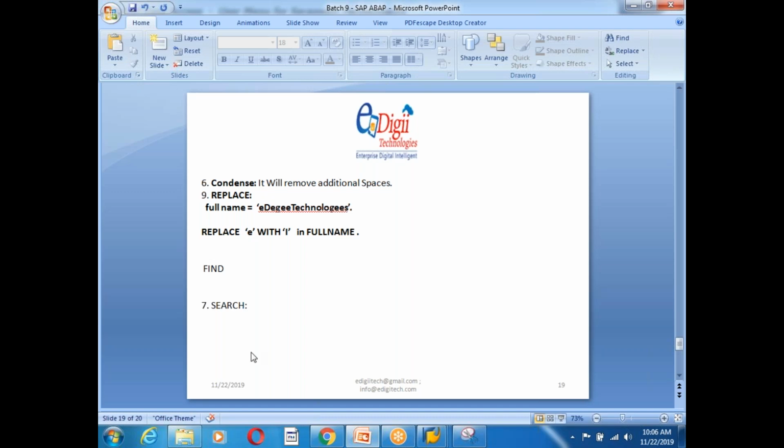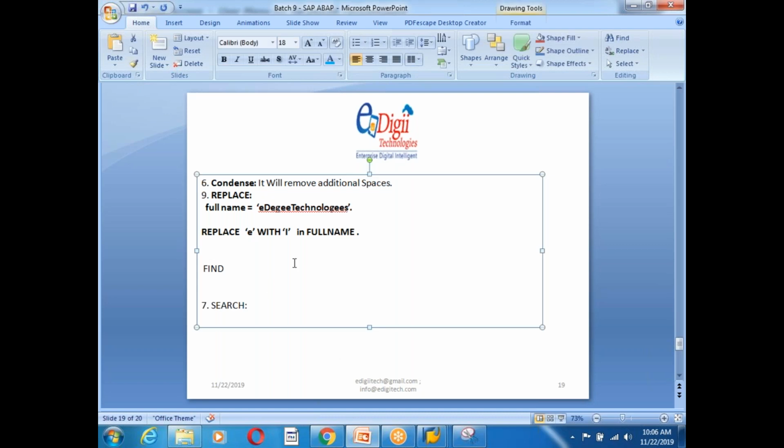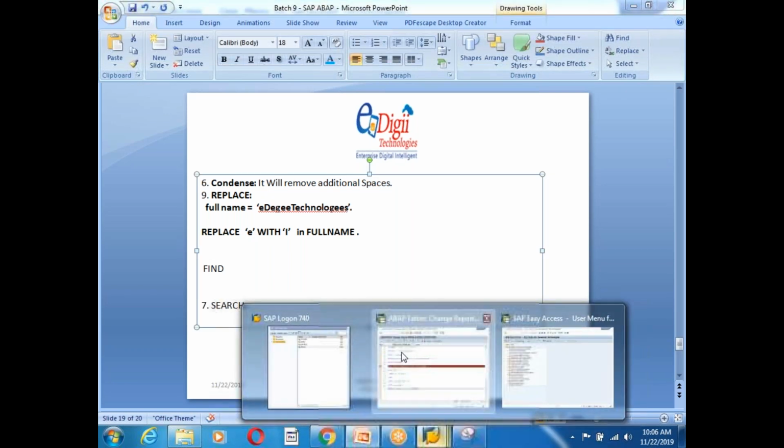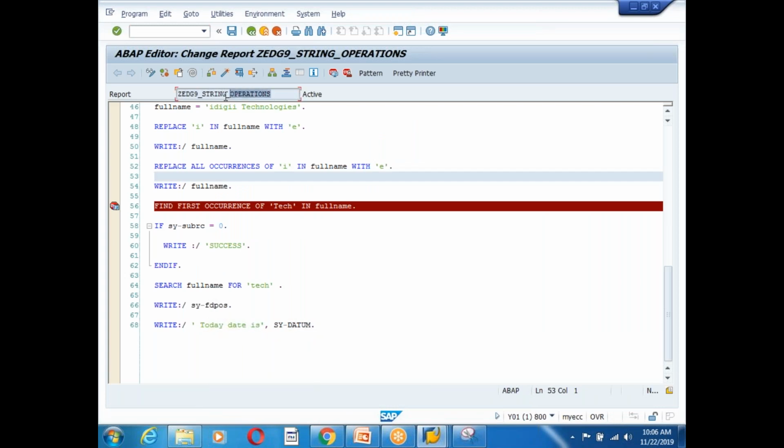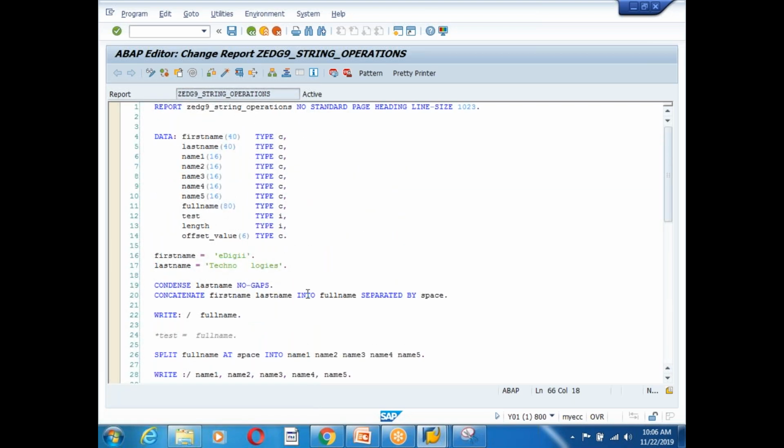Okay, so I'm going to upload this into the PPT, and you can use it, guys. The program is available in the lab server. The program is GEDZ9 string operations. Maybe if you want, I can attach it in the